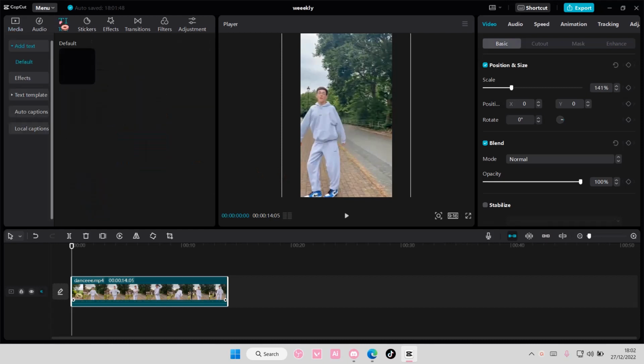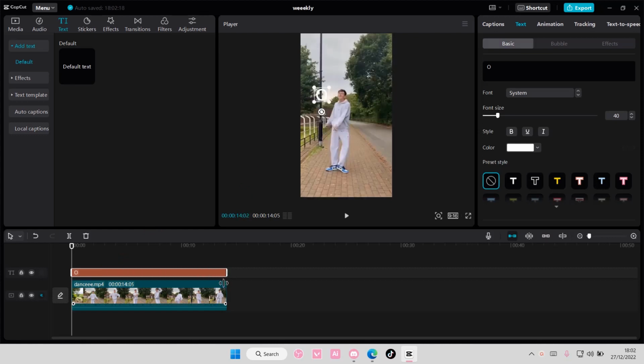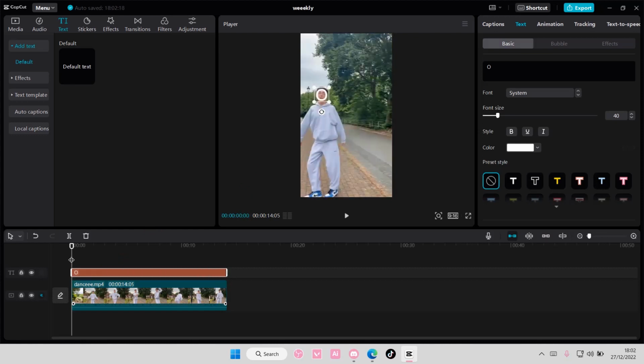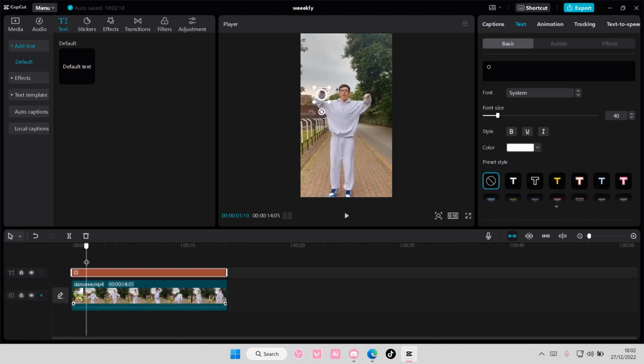And then I'm going to select text, add in default text, and add in an O or a dot or any letter you want. I'm just going to use the O for mine, and I'm just going to place it on his face, and I'm going to adjust it till the end of the video. I actually want to start where he's kind of in the middle, so here,